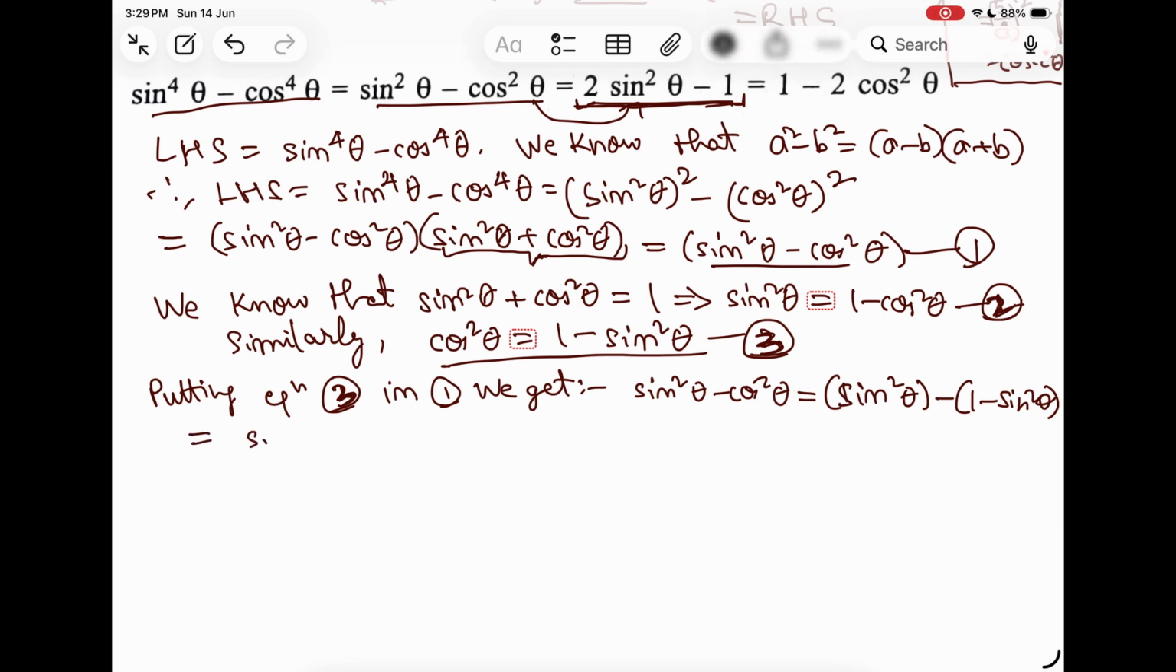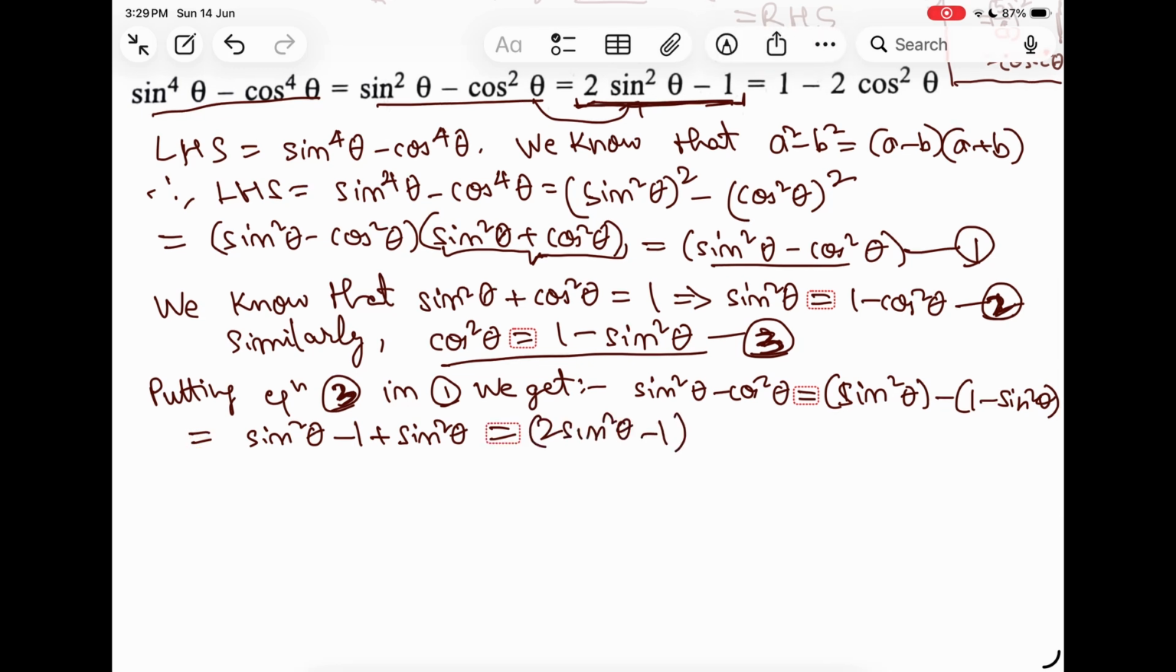Now this can be further written as sine square theta minus 1, and minus into minus, that is opening the bracket, we get plus sine square theta, which equals 2 sine square theta minus 1. Henceforth the next expression has also been proved. All right. So similarly, putting the next equation, that is equation number 2 in the first equation, that is the LHS,